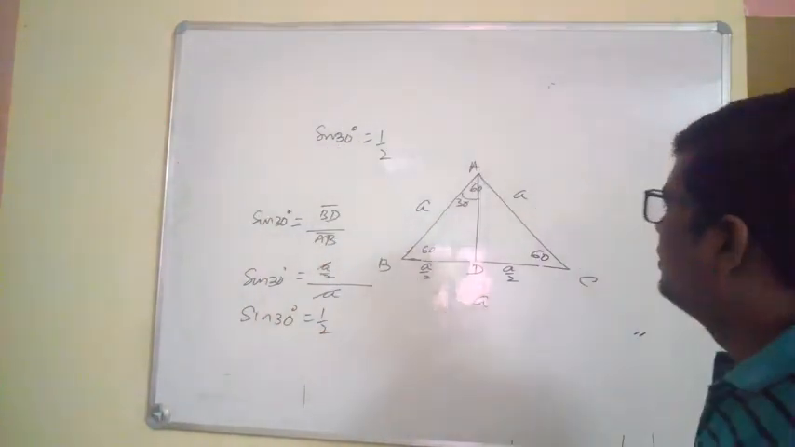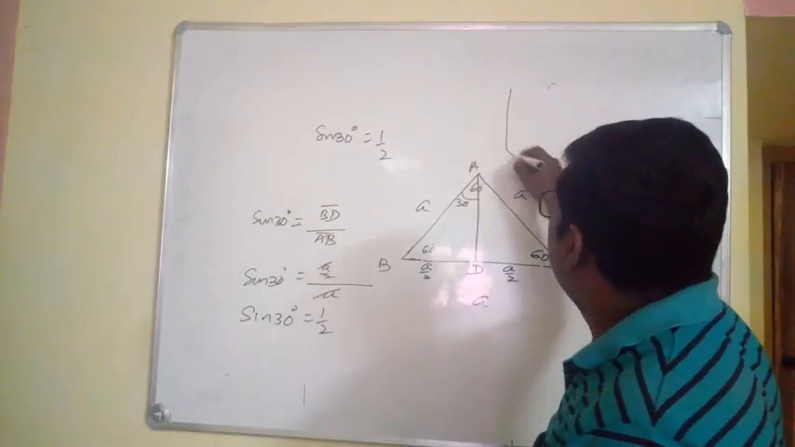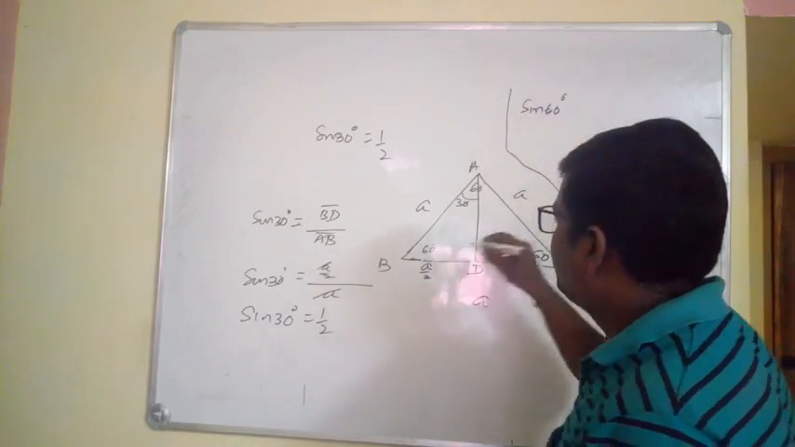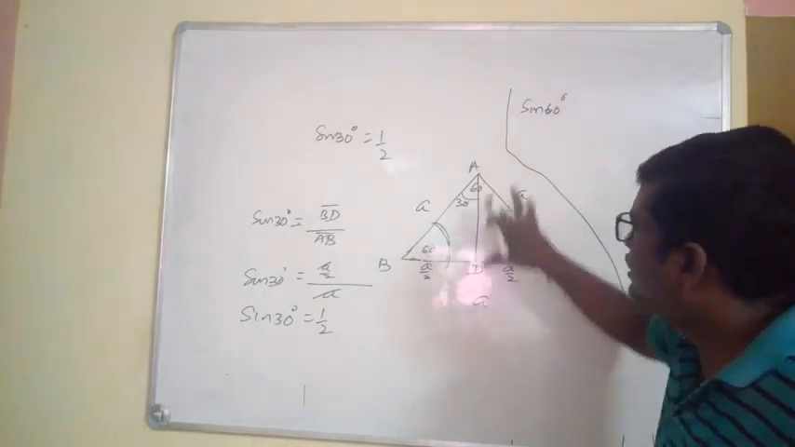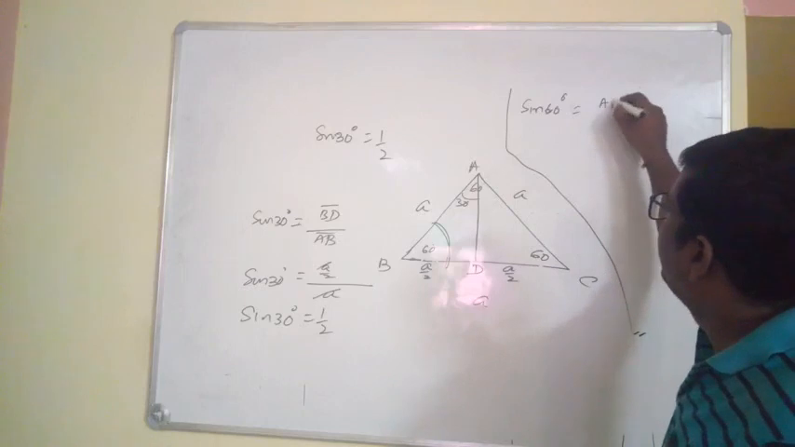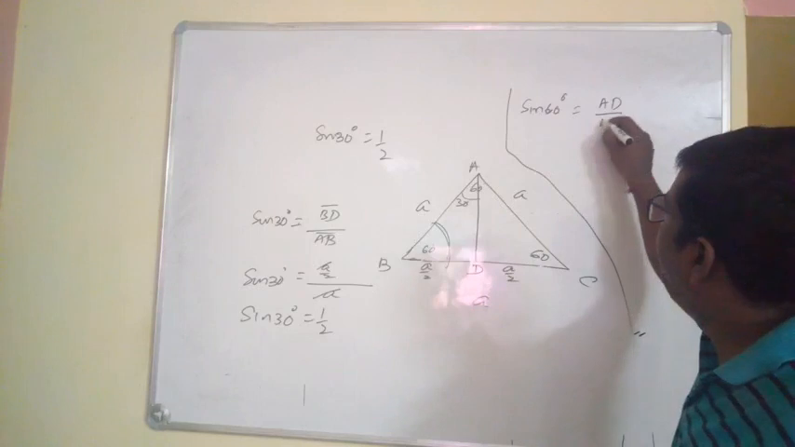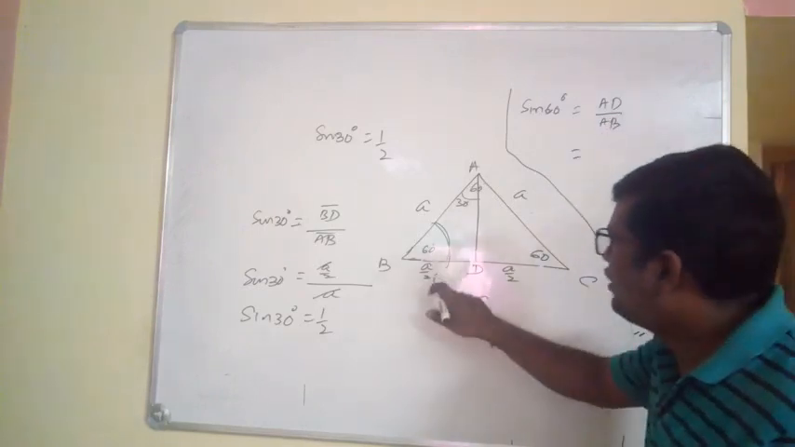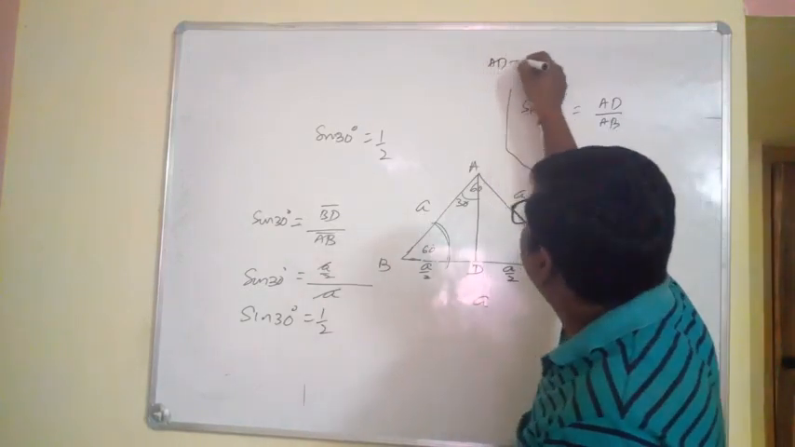Suppose you have to find sine 60. How to find sine 60? Which angle is 60 degree? This angle is 60 degree. For sine 60, P here is AD and H is AB. So it is AD by AB, and what is AD? AD is equal to root over